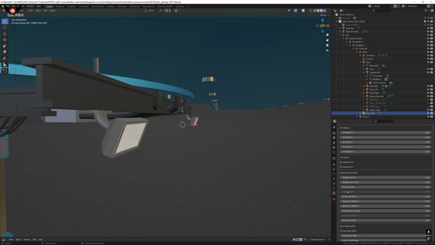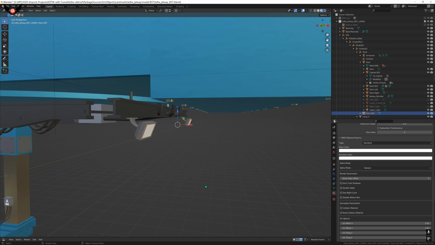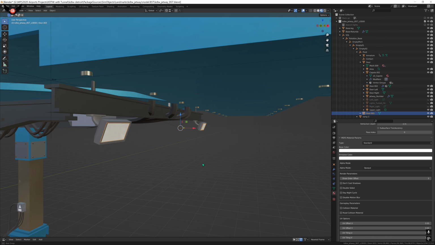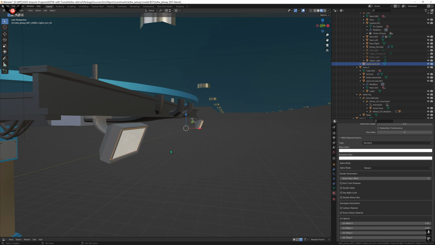So this is how we trick. Basically, we're gonna add the mesh with the maximum emission, and then I'm gonna name this lights turn on. I guess that's what I name it, right? And then this one,